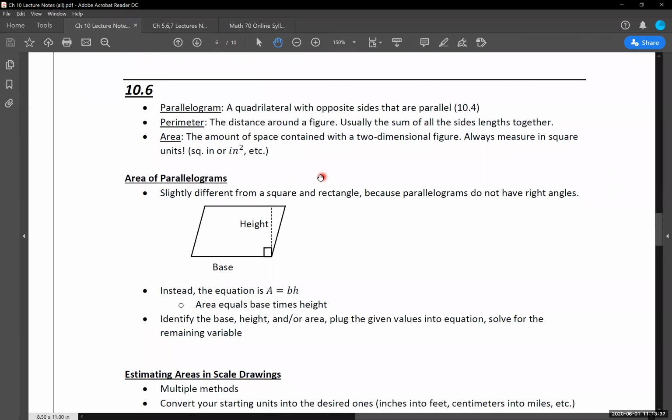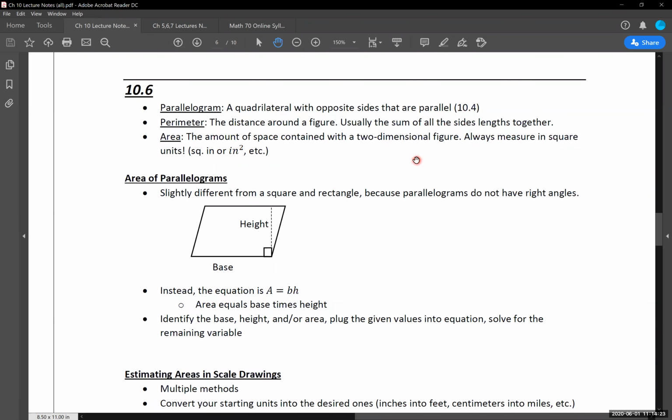So going back to a little bit of our definitions here of a parallelogram. A parallelogram is a quadrilateral with opposite sides that are parallel. Again, this is a definition that we had from 10.4. I believe I told you guys when we were working through the 10.4 material that there are a bunch of classifications and a bunch of these different rules that we have for all these different shapes and polygons that show up in these problems. I am not expecting you guys to know the definition of every single one of these different types of shapes. I think that's very unreasonable and not something that's worth your guys' time. But I do want to make sure that we have the definition at least written out for us, so that we know what we're working with.